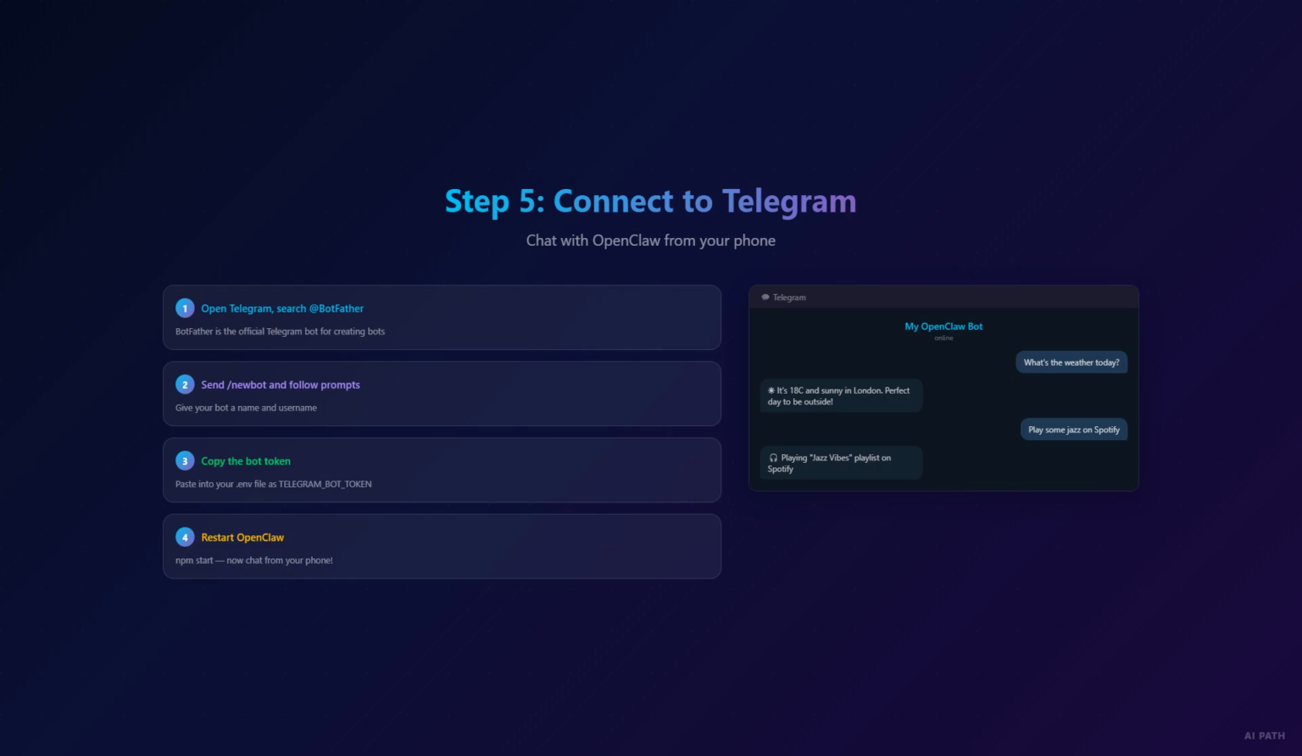Step 5. Connect OpenClaw to Telegram. This is where it gets really useful. First, open Telegram and search for botfather. Send the command /newbot and follow the prompts to create a new bot. Botfather will give you a bot token. Copy that token. Back in your .env file, paste the token next to